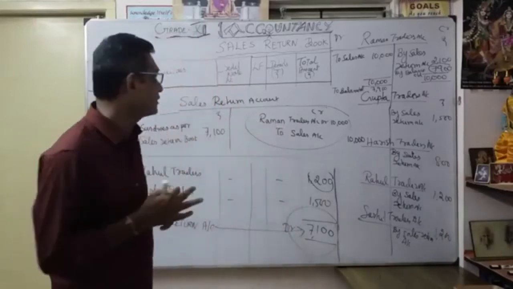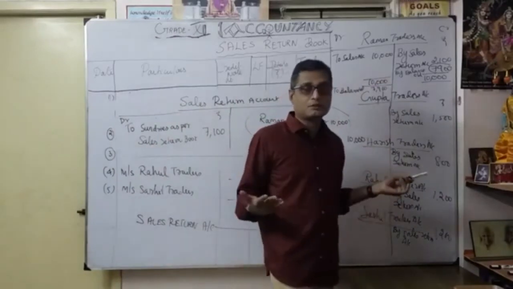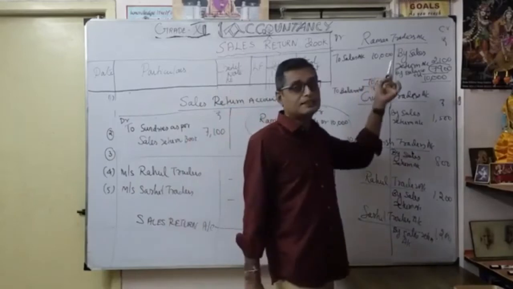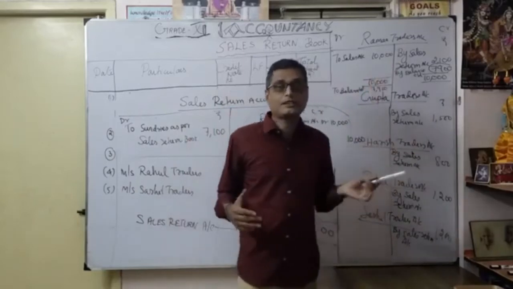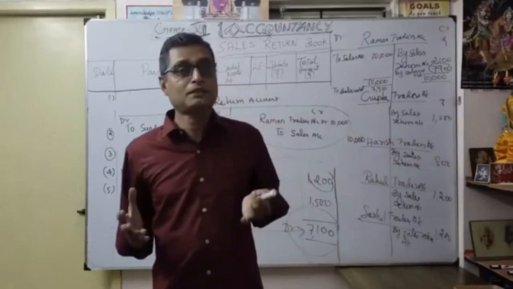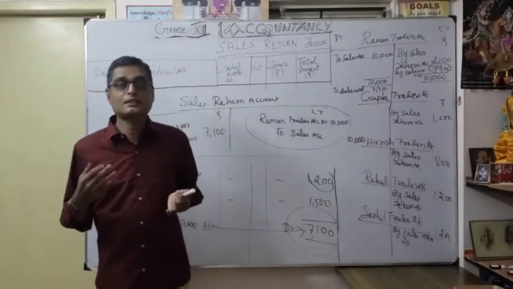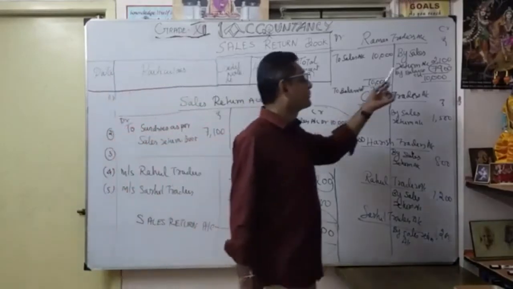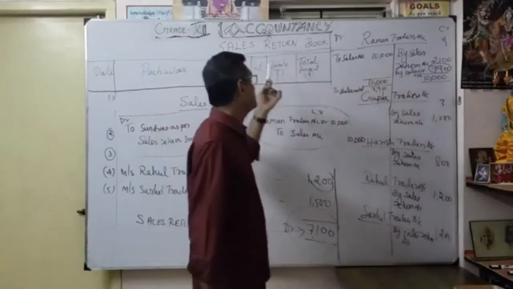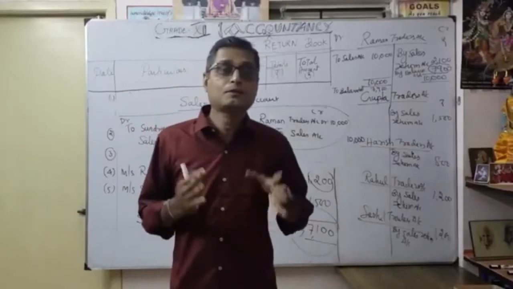The reason is that there are many suppliers and many customers dealing in goods on credit. So we want to maintain the ledger, which is very, very important, especially for sales and purchases. Only then do we know our exact sales and our exact purchases, with the help of accounting for purchase return and sales return. Now we understand the importance of the sales return book. It is very, very important as a special purpose book.